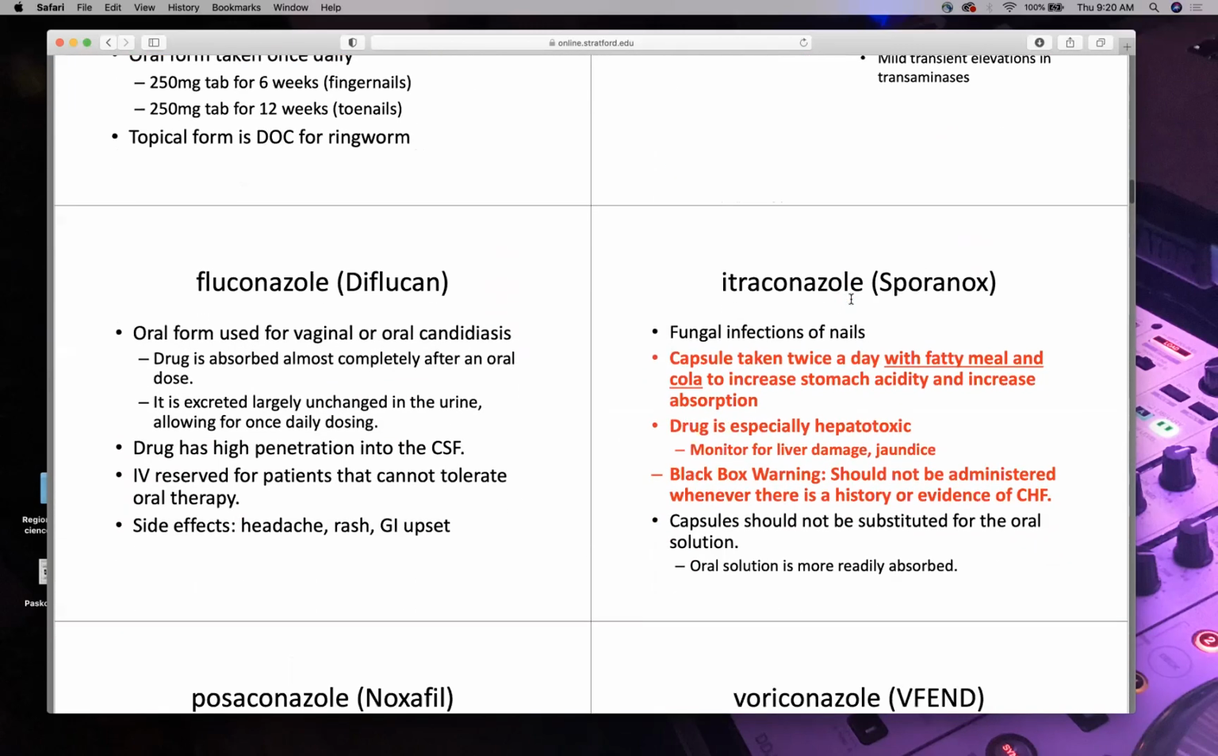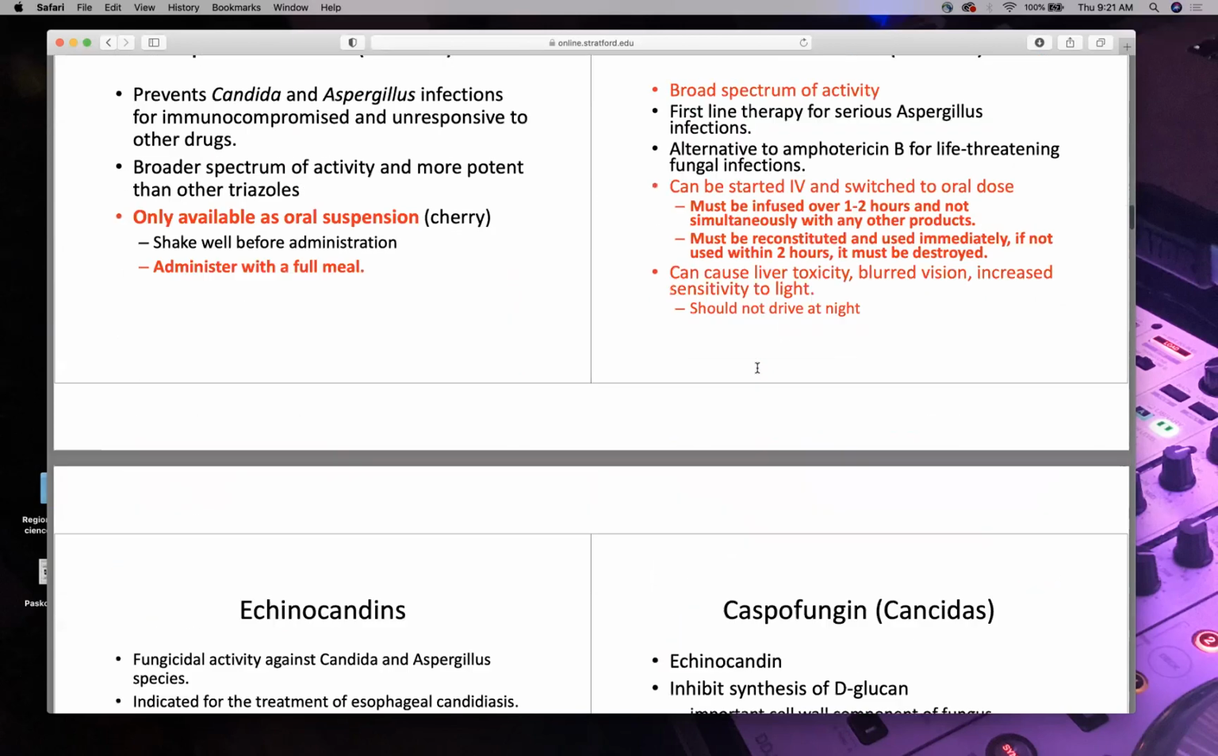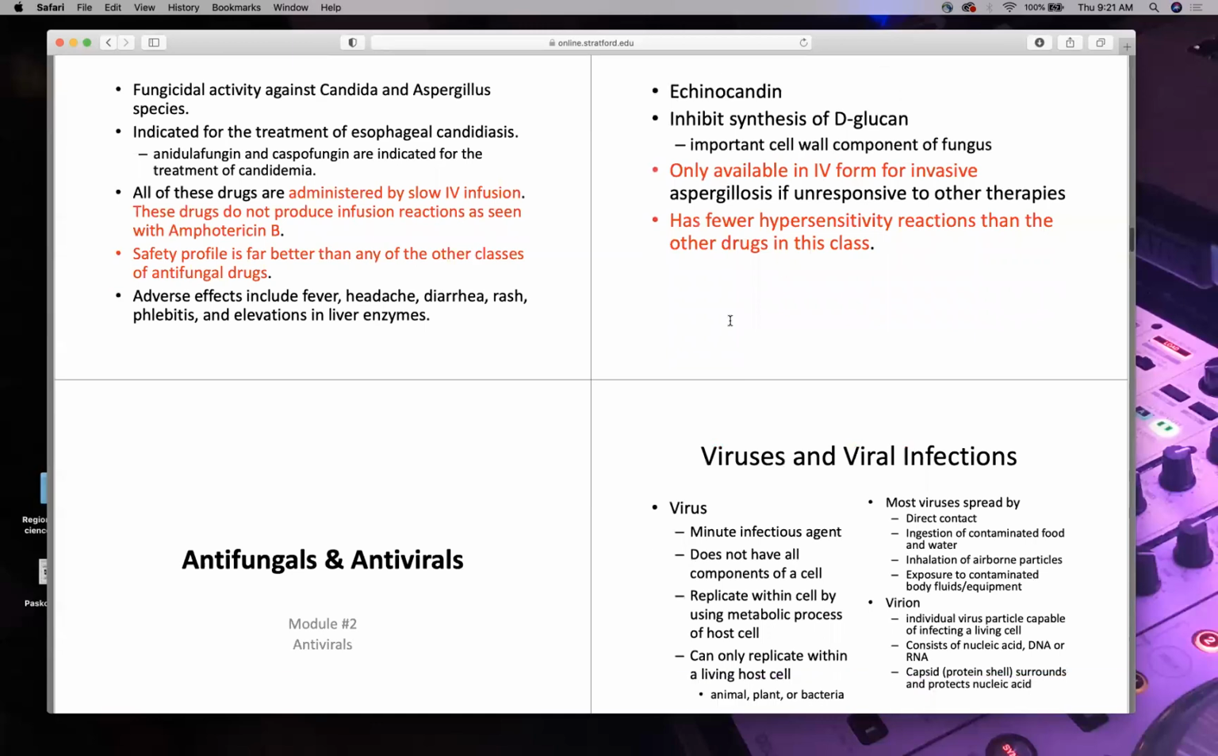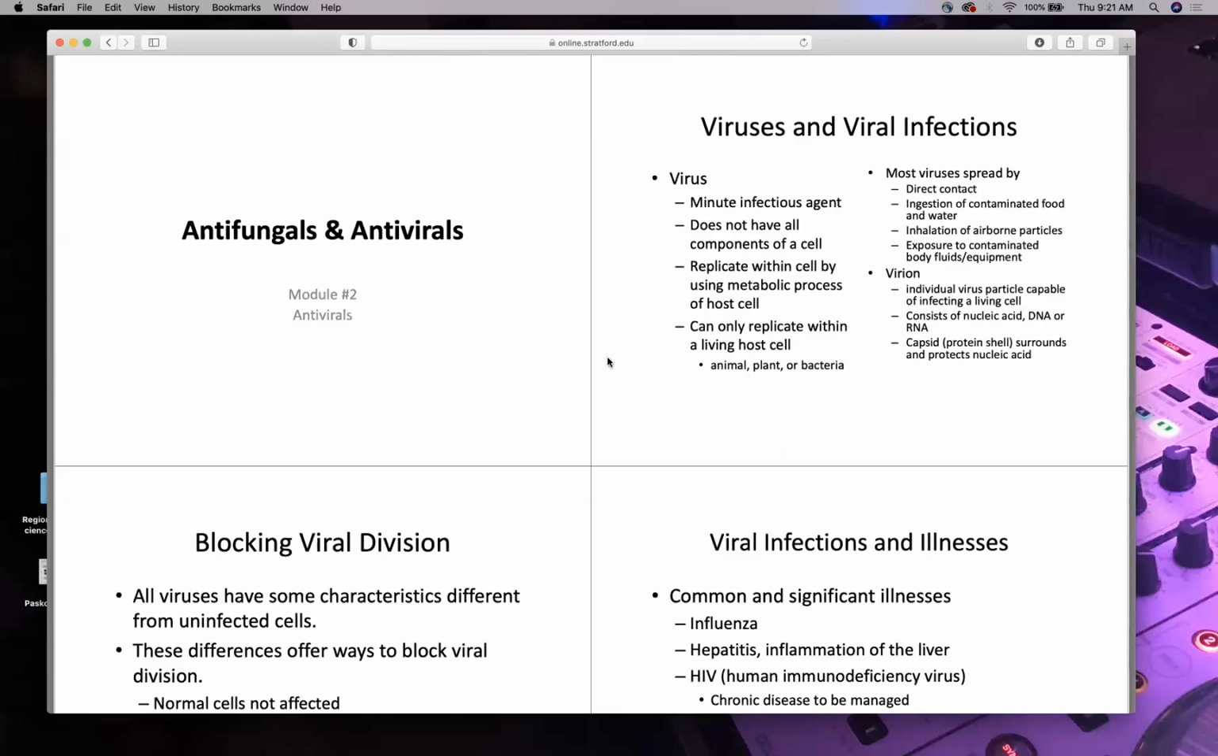And what do we know? All the azoles are cytochrome P450, and everyone else is what? Cell wall. So let's look at